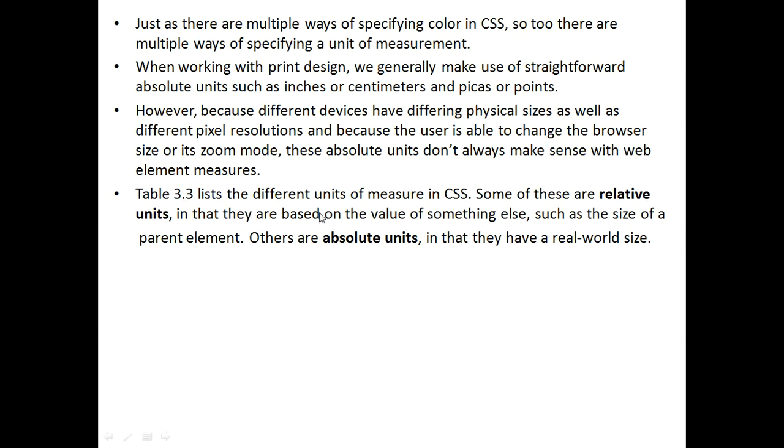The values are going to change depending on the parent; there is a dependency in the relative units. Absolute represents the direct, static value you are giving. In the colors you learned, there were different ways of giving values, either absolute or relative.